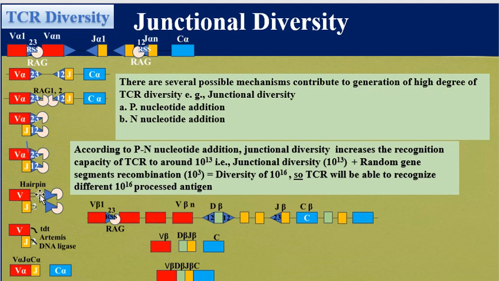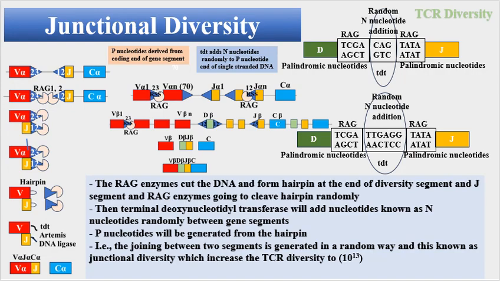However, the RAG enzymes cleave this hairpin, and this will lead to, as can be seen here, just to make it clear for you, for example, this is a gene segment and this is another gene segment. So at the end of the coding segment, the RAG will add palindromic nucleotides like this, and at this end it will also add palindromic nucleotides. This will leave the gene